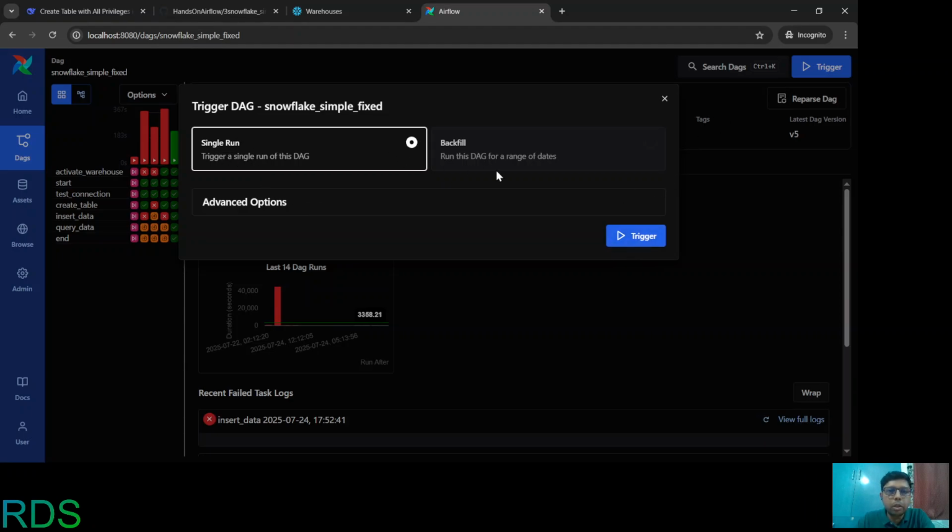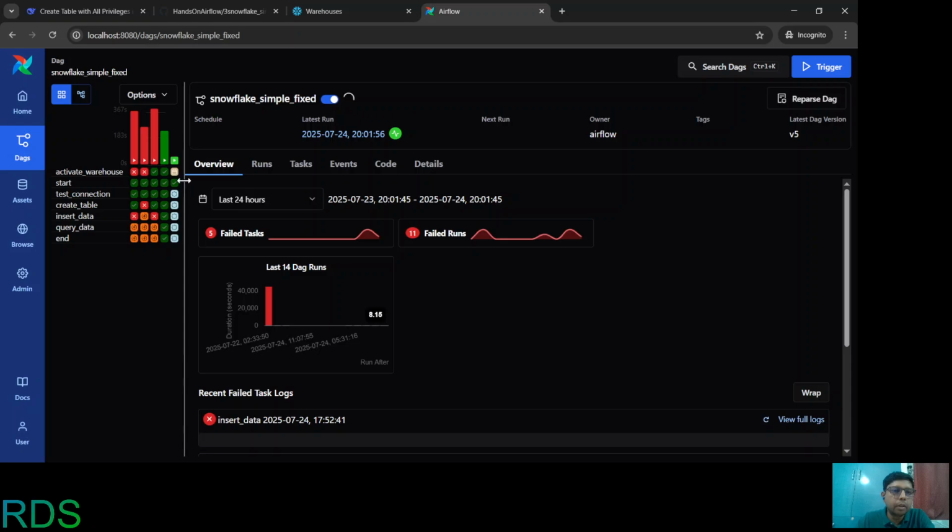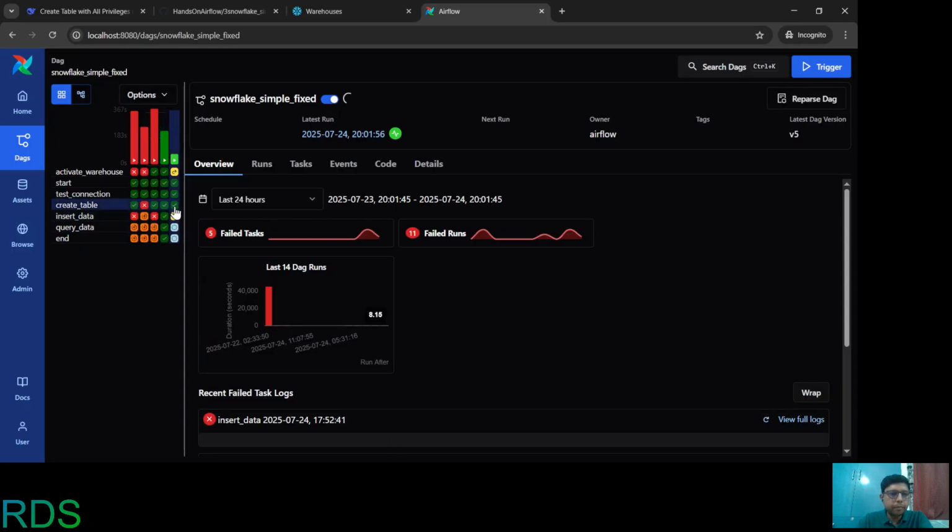Okay, so I want a single run, and hit the trigger button. So you will see this has been started. Okay, so let us see, it is running. It will do the test connection, create table and all that. You see it has successfully completed this step. Now it has successfully created the table. See, this is the table,